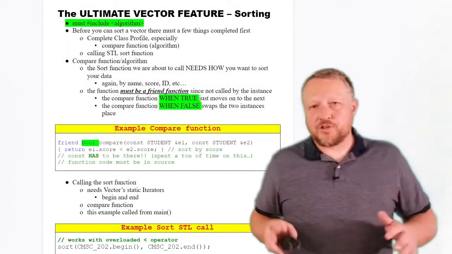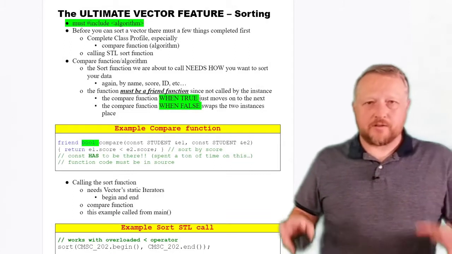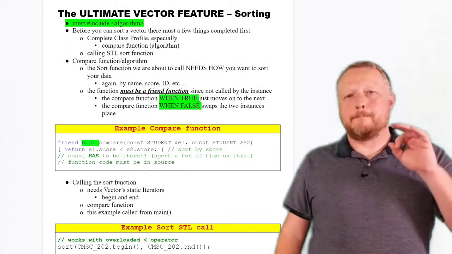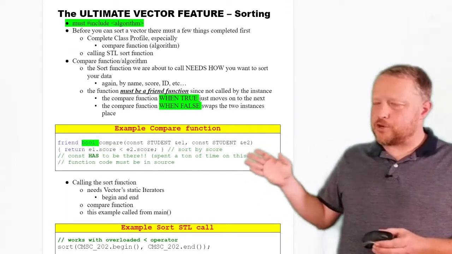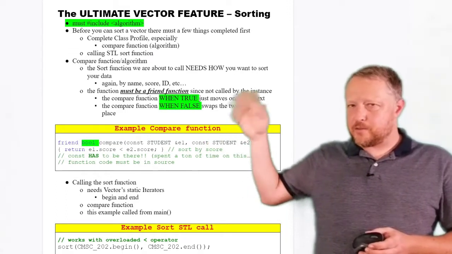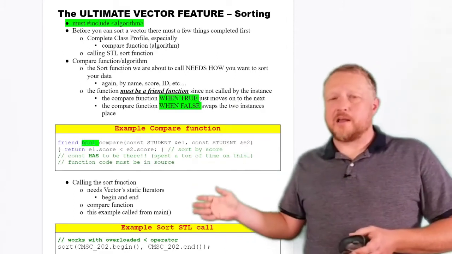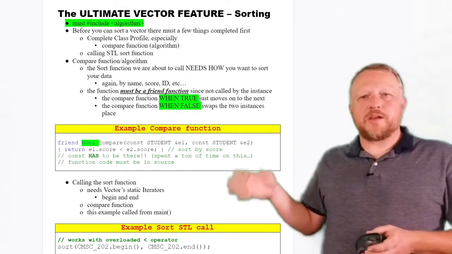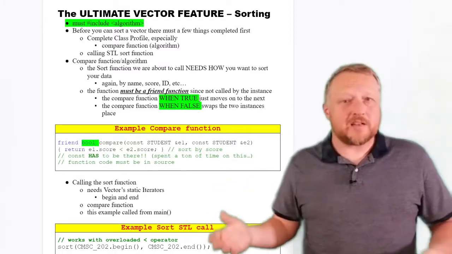One of the ultimate features about vectors is the sorting feature. But remember that compare method that I just showed you about in the complete class profile? Probably, I've never seen a compare method. Yeah, here's why. It's because we need to kind of tell it how we are going to, frankly, order our